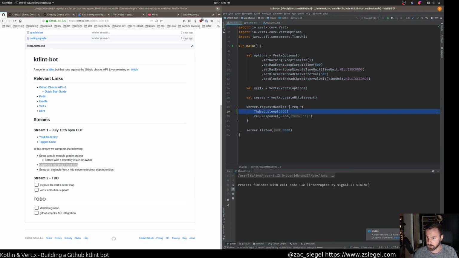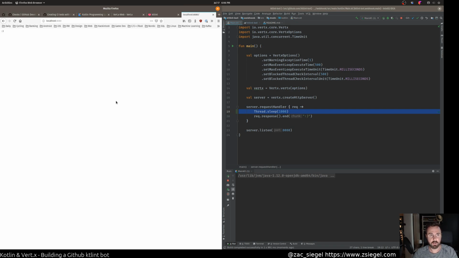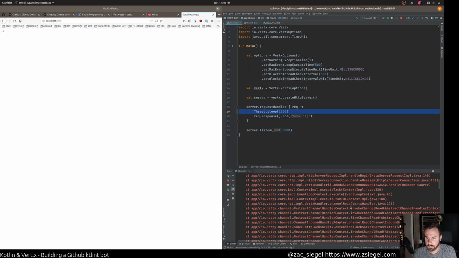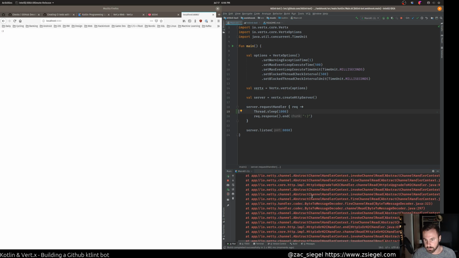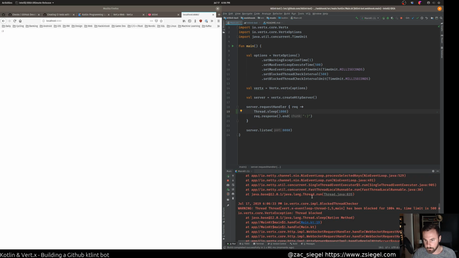just to demonstrate this, and we'll do this again right now. And so what will happen is if we go ahead and request this again, Vertex is going to complain and say, hey, we blocked the event loop. And fortunately for us, it will also then tell us exactly where we did that. So it'll tell us, hey, the thread is blocked. You blocked this thread for this amount of time, and here is where you did it. So pretty straightforward,